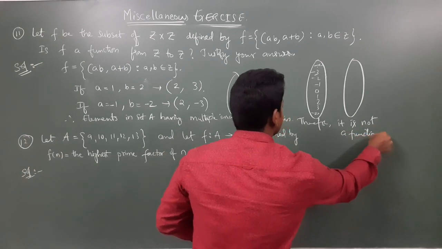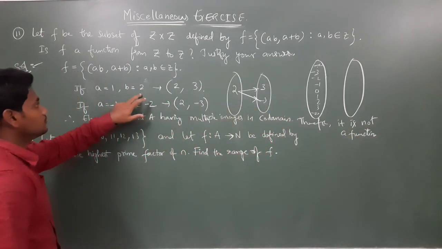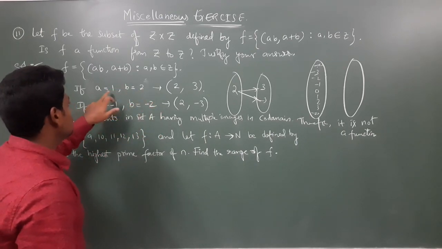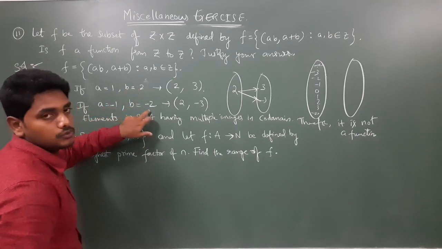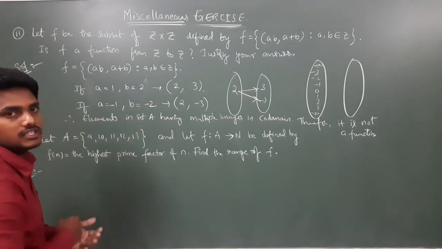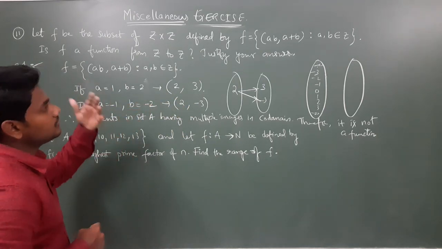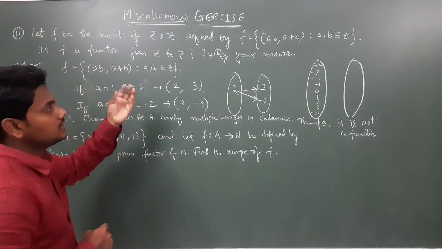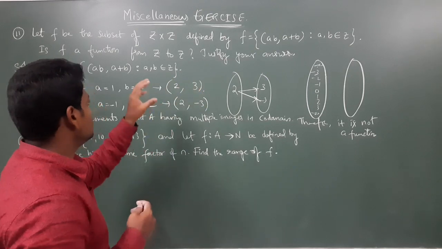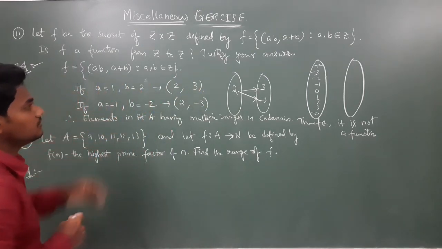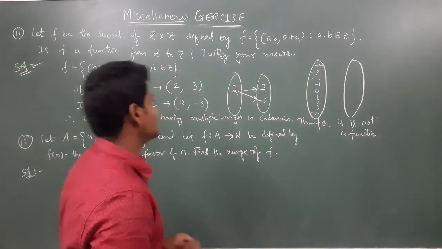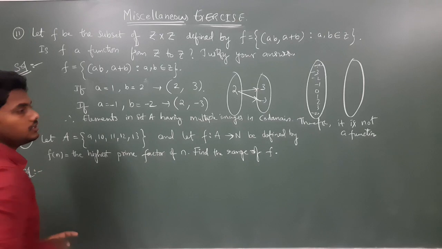Did you understand? See, not only 1 and 2, you can also take 2 and 3, again minus 2, minus 3, right? Or 1 comma minus 2, or minus 1 comma 2. Like that you need to select some numbers which won't satisfy the function. But if it satisfies the condition of a function, then any number you take will satisfy. So if you have a doubt, you need to analyze the question. But here you need to remember both A and B belong to Z, integers only, you need to take, right?